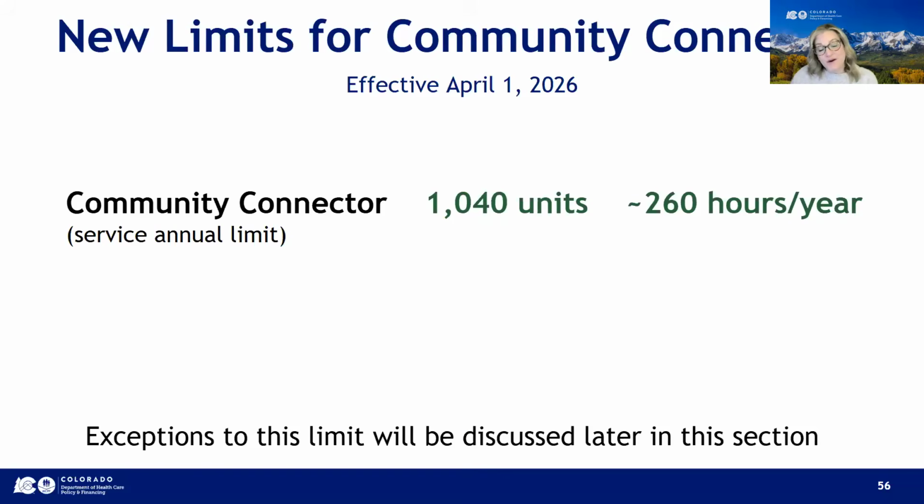For children who are over age 6, we do have some new limits as well that are effective April 1st. The annual limit on Community Connector is now 1,040 annual units. This is a reduction by half from the previously allowable amount. The 1,040 limit is not a given for each child. Authorizations for this service must be based on assessed exceptional need in your level of care and through age-appropriate guidelines, must be clearly documented in goals and strategies in the person-centered support plan.